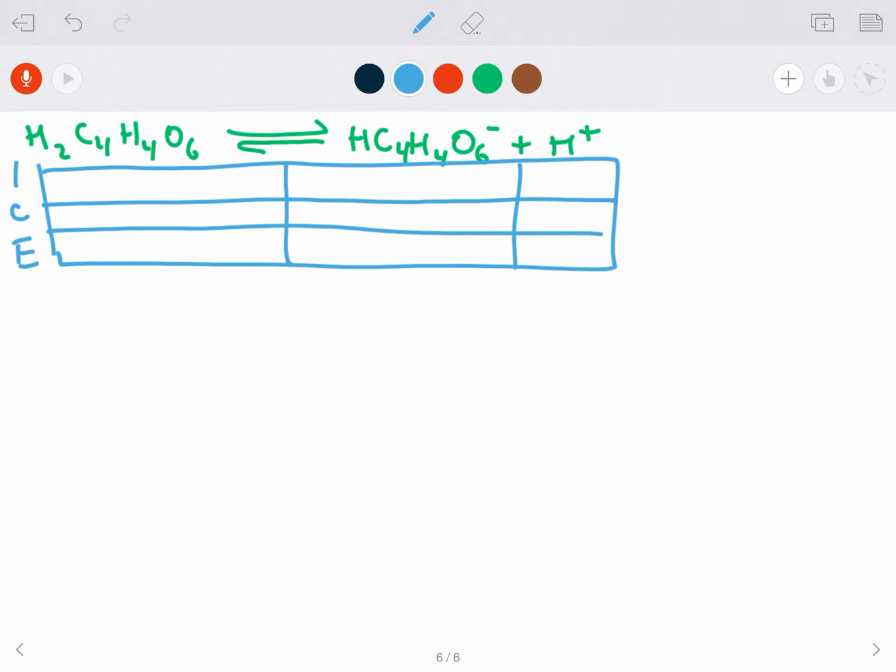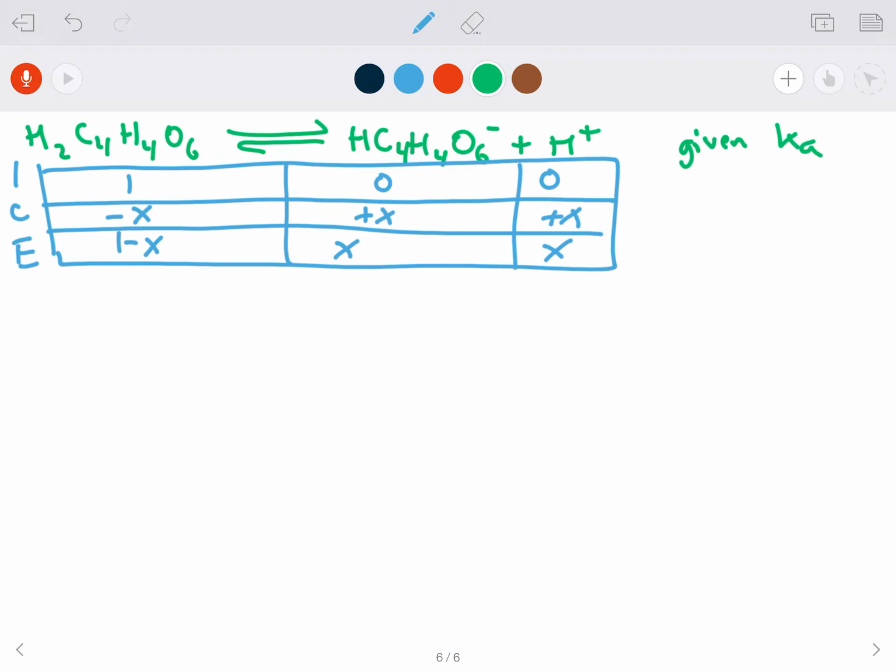is going to be, let's say we have 1 here, 0, and 0. Right, we'd have minus x, plus x, plus x. This would give 1 minus x, x, and x. So let's say we're given, we have to be given the Ka. When we're given the Ka, we can calculate what the value of x is, right? And once we have that value of x, then we can move on to the second ICE table